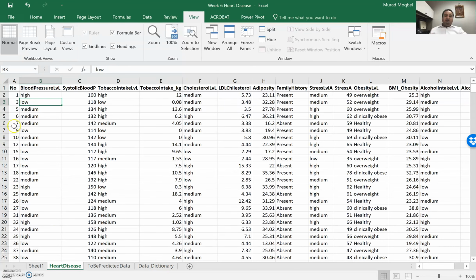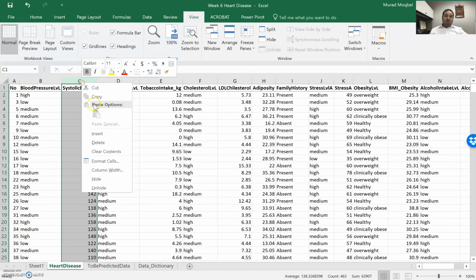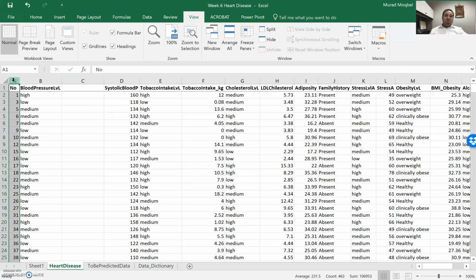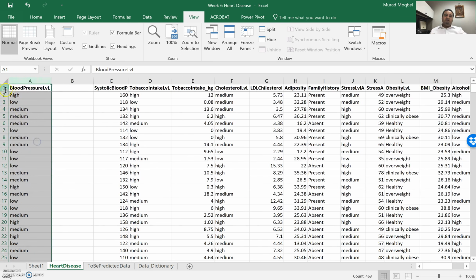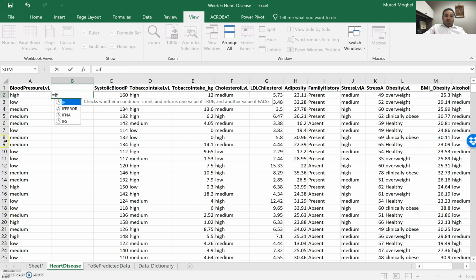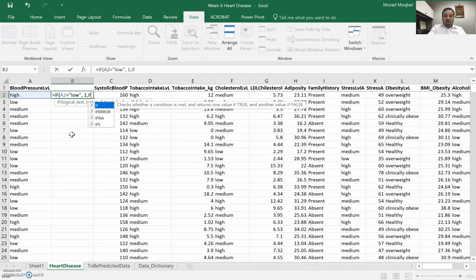So in our data dictionary, let's do this one. What I will do is insert this variable here. You can delete it because we don't really need numbers, right? So let's delete that number or value column for now. So now let's use an if statement. I will say if this value equals "low", in quotation marks, then replace it with 1. And if the value is false, I will say another if this value